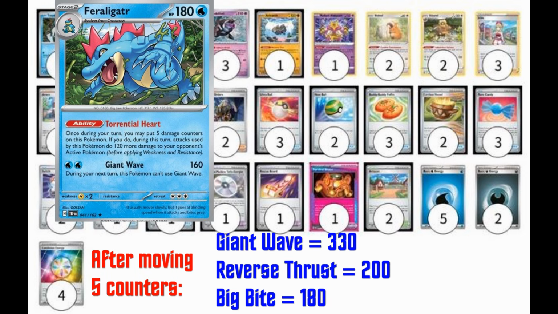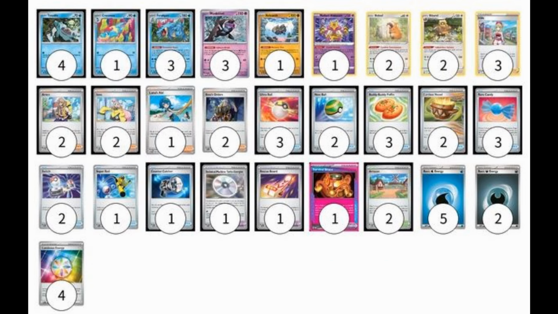And don't forget the other numbers too. It takes Big Bite from 130 to 180, reverse thrust from 150 to 200, which is enough to get any of the two prizers like Squawkabilly ex, Rotom V, or Lumineon V. The second thing it accomplishes is it cleans all of the damage off Feraligatr, which allows